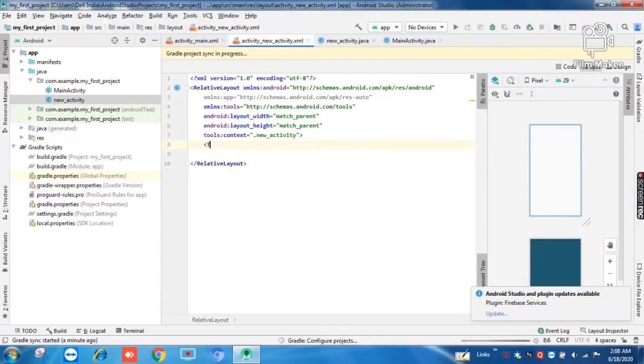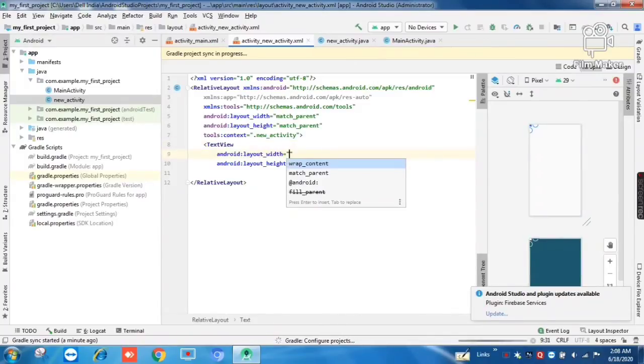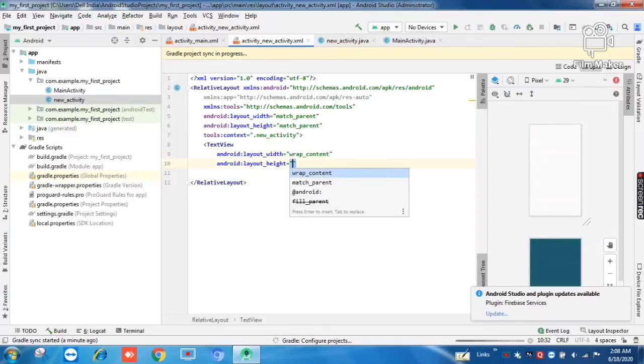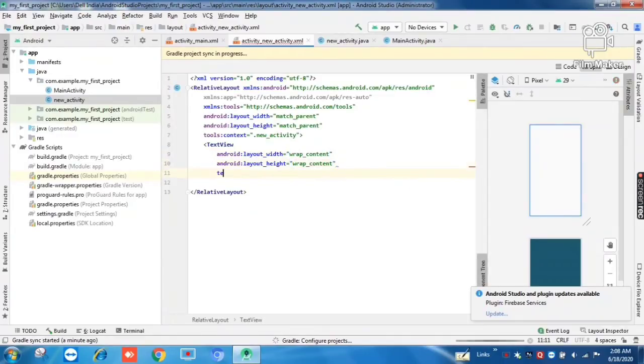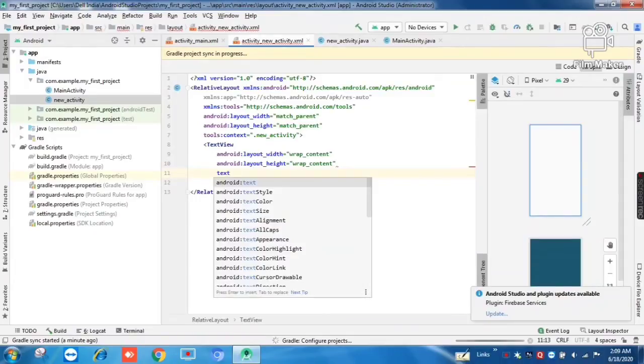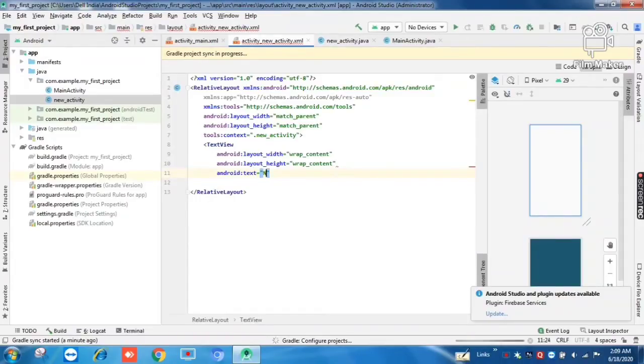Create a text view here. Give its height and width as wrap content. Give its text as new activity. Let's write here I am a new activity.